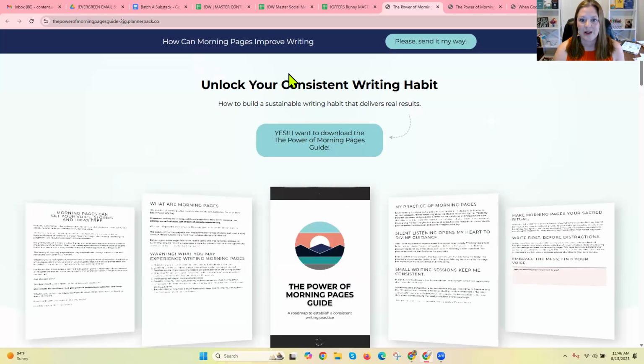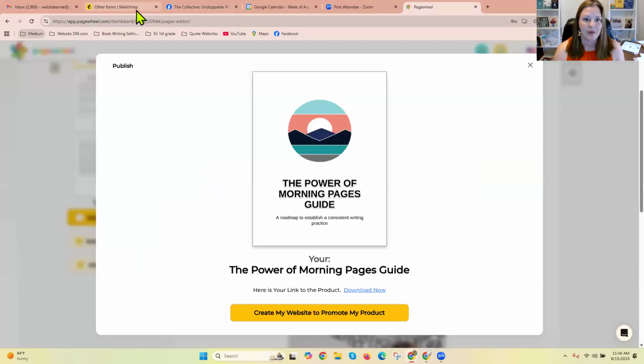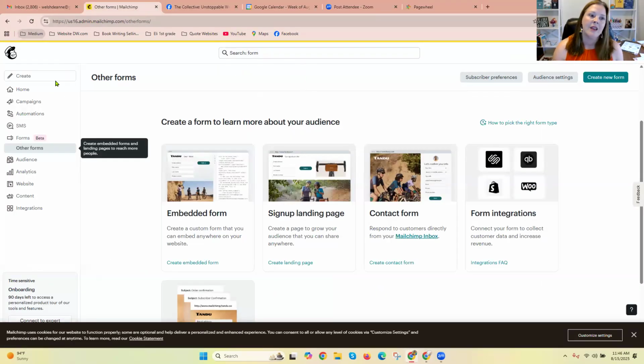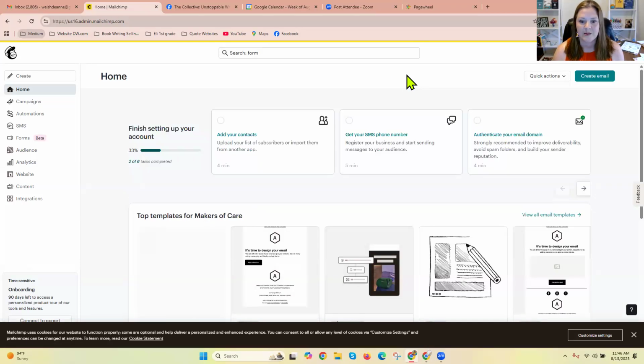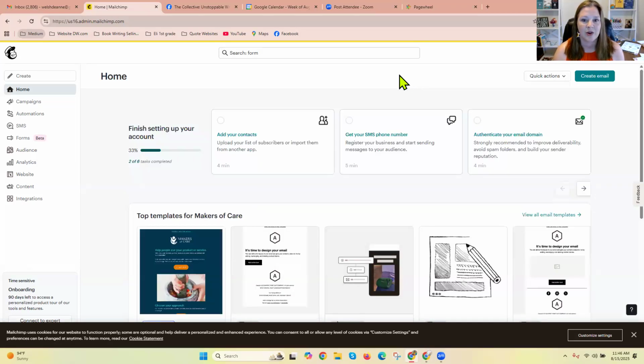So PageWheel is one way to create lead magnets and to set up landing pages, but let me go ahead and share with you in Mailchimp what this might look like. When you're in Mailchimp, you can send specific emails. What you're going to want to do once your lead magnet is already created, so that has to be done